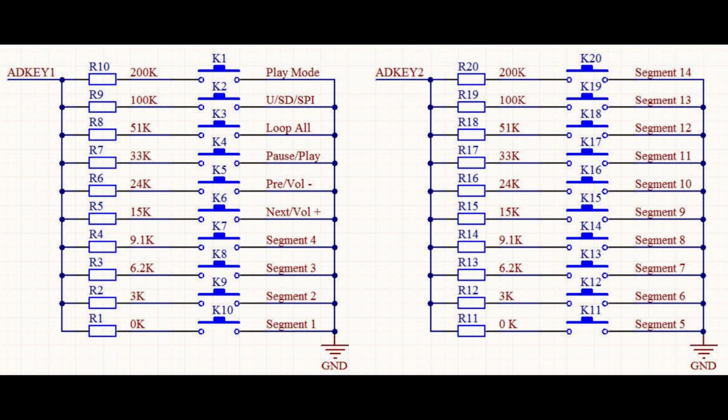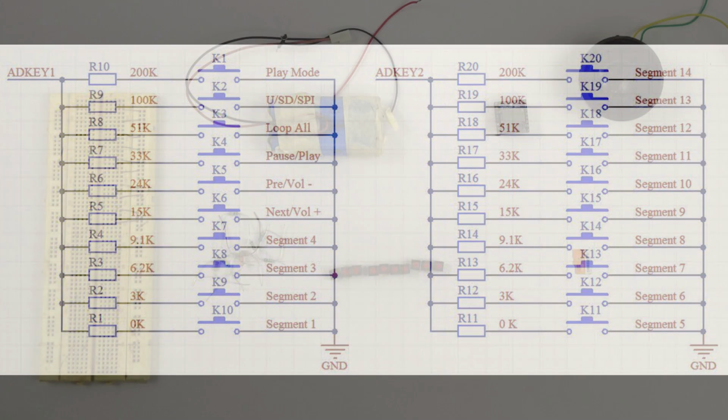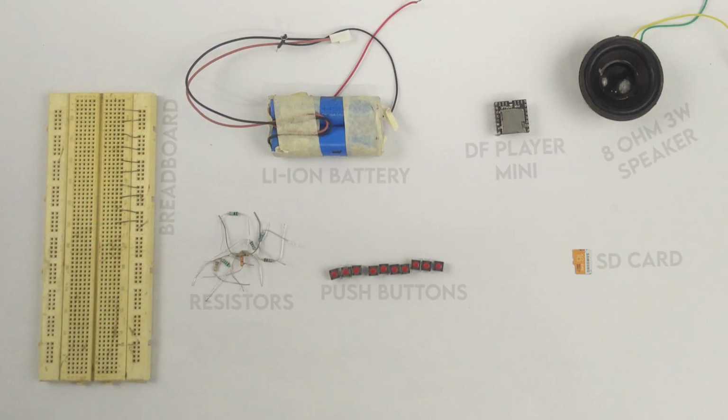I will show you the second mode, which is AD key mode. In AD key mode, we have a total of 20 functions. 6 of these are main functions like play or pause the music, volume increase, volume decrease, next and previous music, and switch between the playback modes. And the rest of the functions are for things like button 1 for playing music 1, button 2 for playing music 2, and so on. To configure this mode, we will require these things.